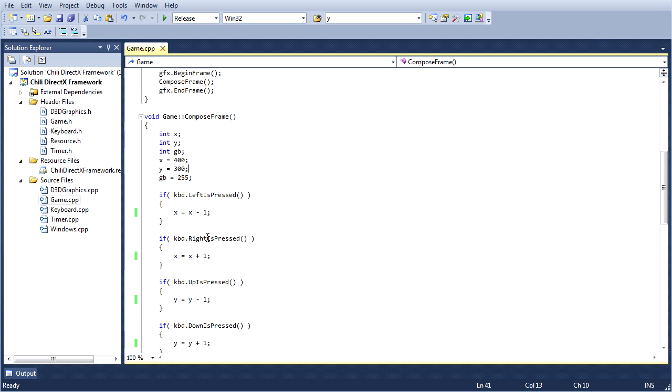So, but seriously though, guys, what is wrong here? Why is this not working? Can you figure it out? The answer is not here, it's up here. The fact of the matter is that the first thing we do as soon as we get into our compose frame function is we reset our x and y values to 400 and 300.